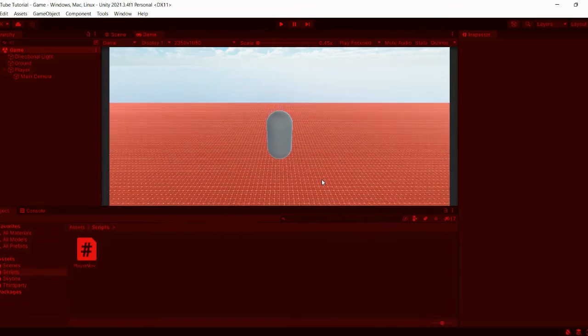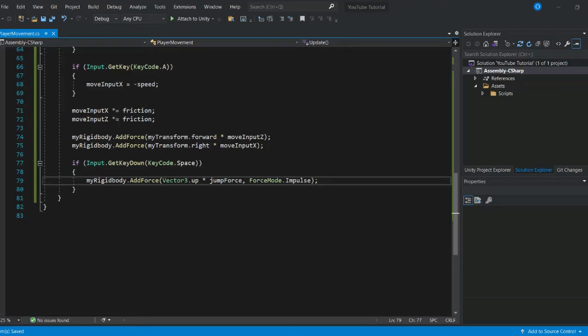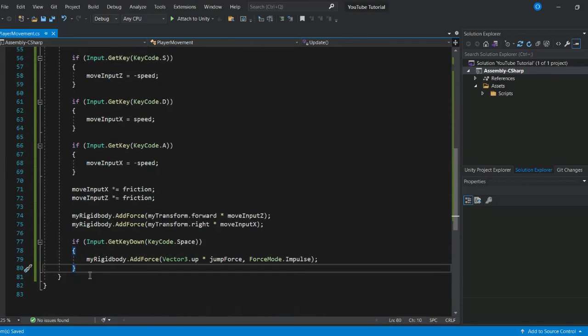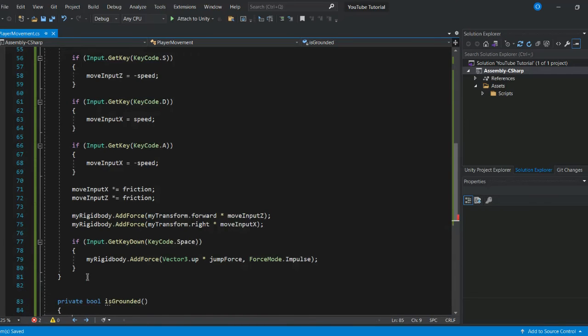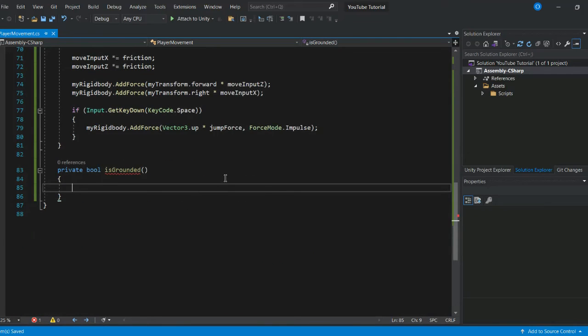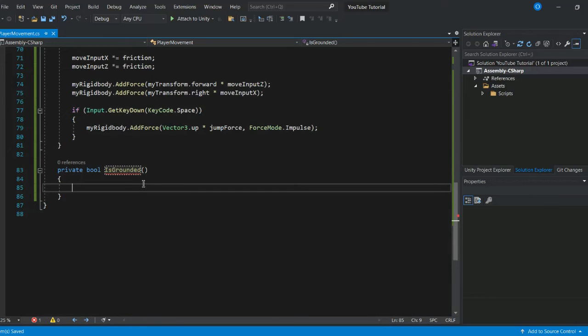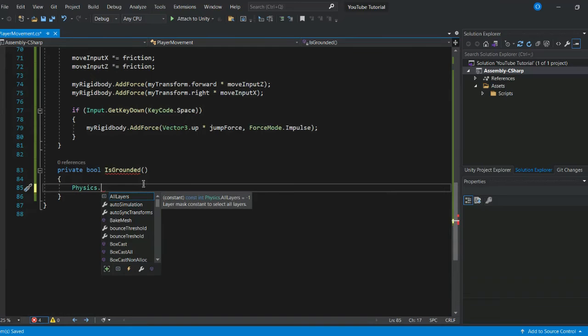So what we need to do is make a bool, and we can call it isGrounded. We can do this cool thing that kind of makes the bool into a function. So we can do it like this: private bool IsGrounded. Then we can say like that, and then just do this. And we can actually make this capital I. Then we can say physics dot